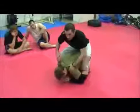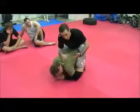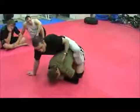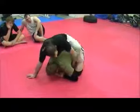On this particular move, sometimes I like to put this knee down. So I've got one knee up, one knee down. I've still got both my hooks in. When I do this, I've always got one hand out. It's still very difficult for him to escape because I'm going to have this hand come underneath his armpit and